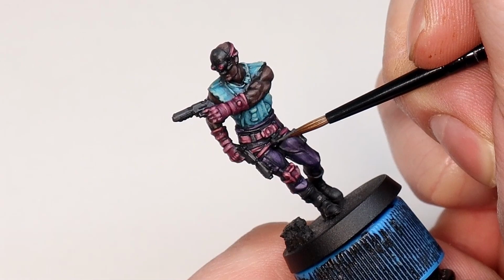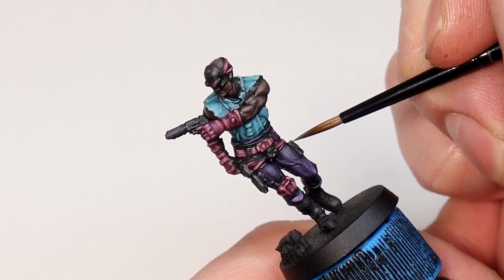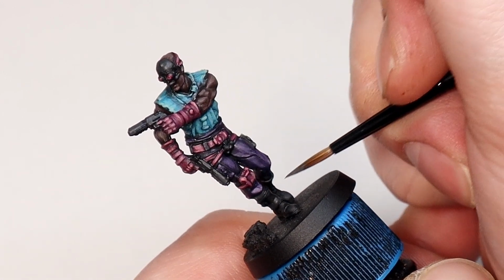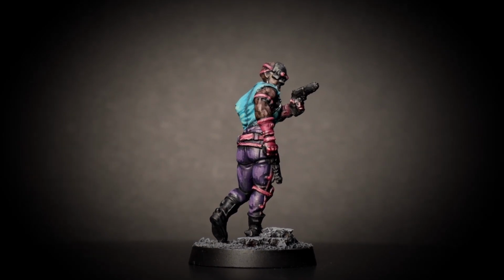I also painted the lenses on the mask in a traditional gem style using the colours I already had on the palette, and a tiny dot of Kislev Flesh to simulate the shine, just to keep everything in theme here. So there you have one colour highlights, a fun technique to try, and it might even save you buying some